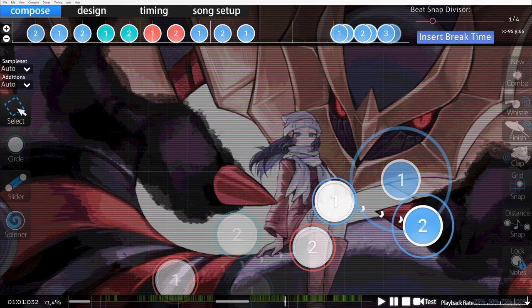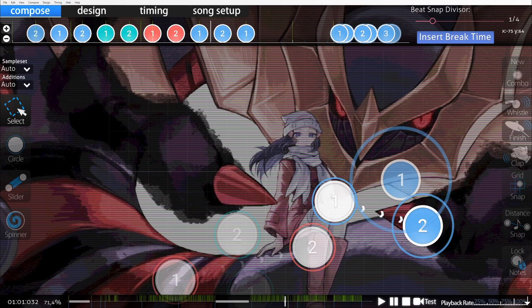Copy storyboard samples. I believe that will only copy sounds from the storyboard, but it will not copy your hit sounds and make them storyboard hit sounded samples. If you don't know what storyboard hit sounds are, basically you can play sound effects in a storyboard which they don't have to be mapped to any sound, they can just be played back at a certain offset